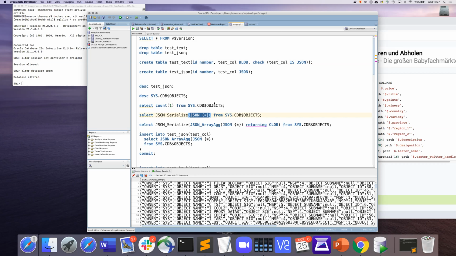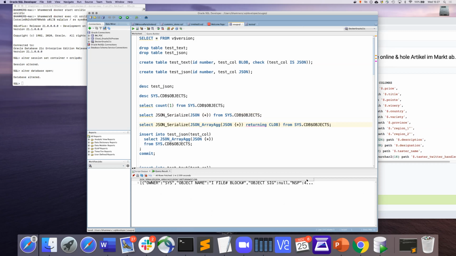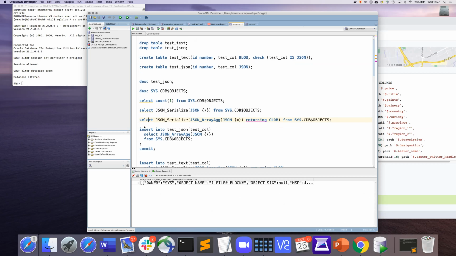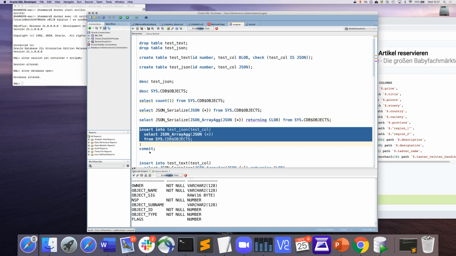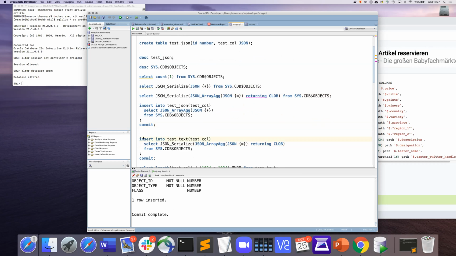And this also already generates this JSON type, which right now I can't print in this SQL Developer version. I haven't downloaded the latest version. So this is why I put a JSON serialize on top to convert it back to text to make it printable. So you see here, I got a lot of different JSON objects. And what I want to do is combine them in a big array. So now this gives me back one very large array with all these different JSONs. And what I do then is I insert this into my tables. This is the JSON one, and I insert the same one into my text one.